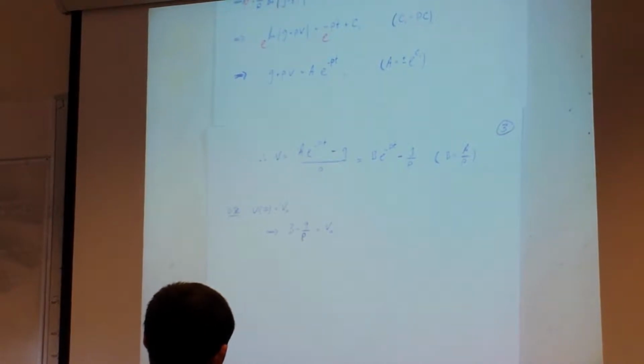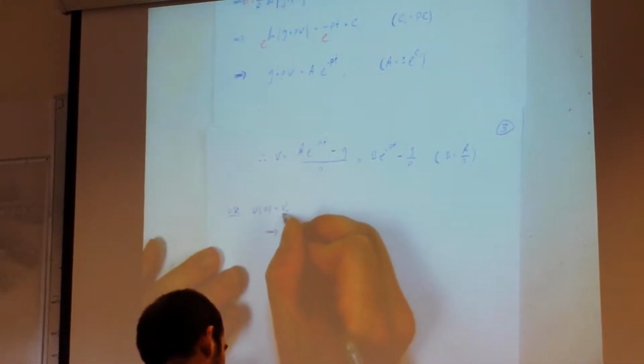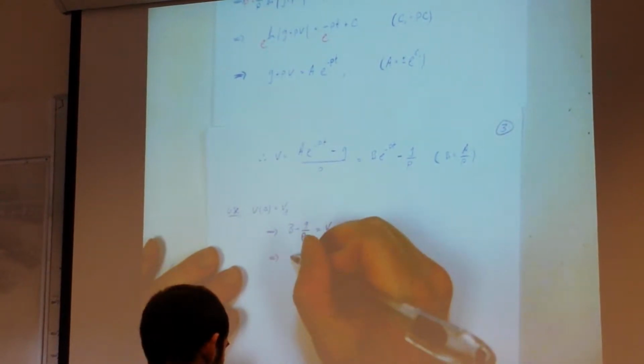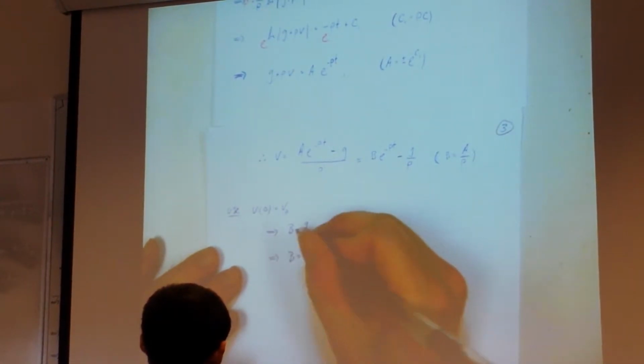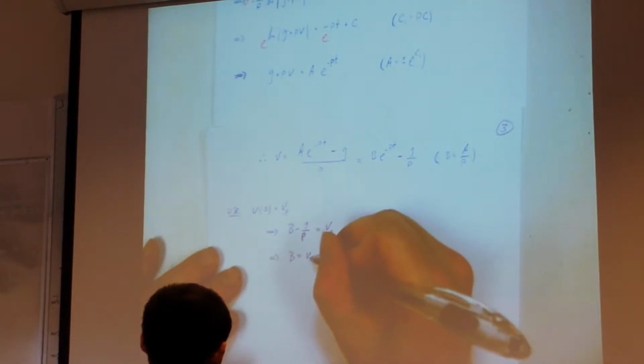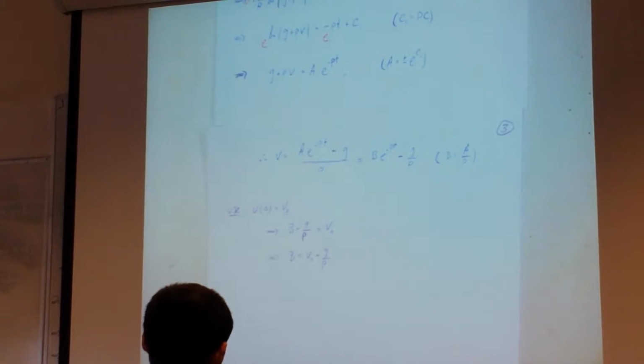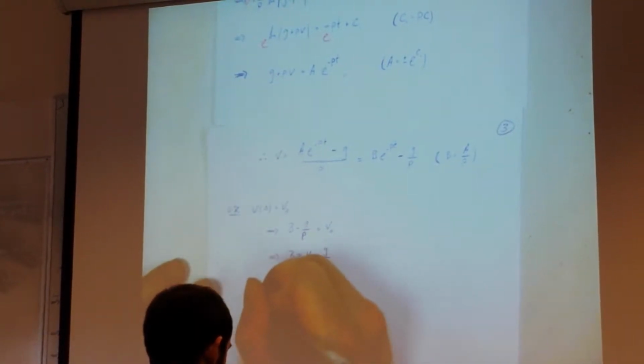Okay. And what this does is it allows us, usually we'll know v naught. Who knows what v is? I'm going to just take this opportunity to solve that for that constant b. b would represent v naught plus g over rho. All right. Now putting that back into the velocity,